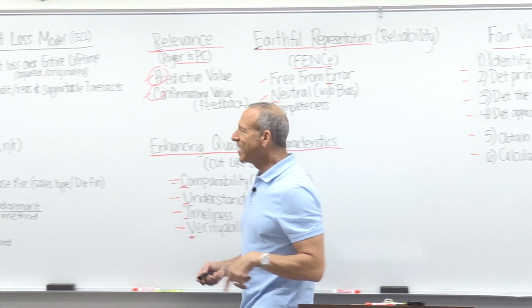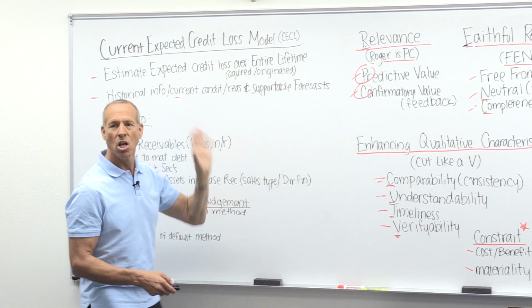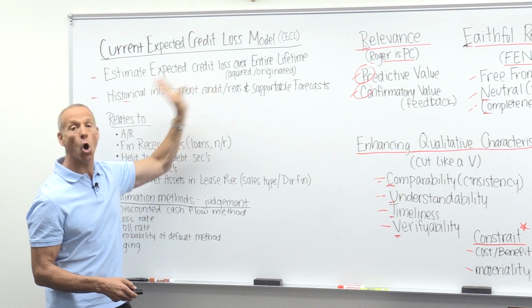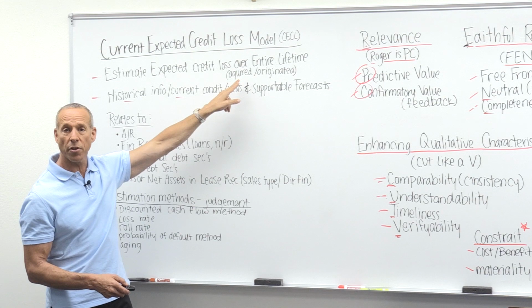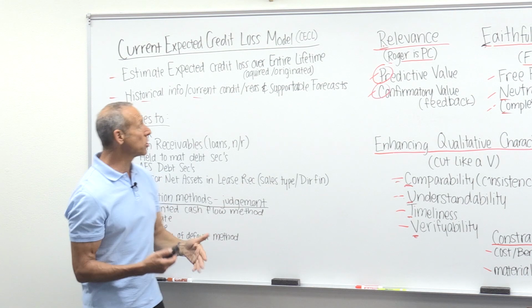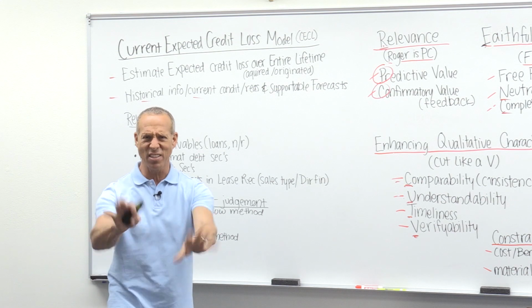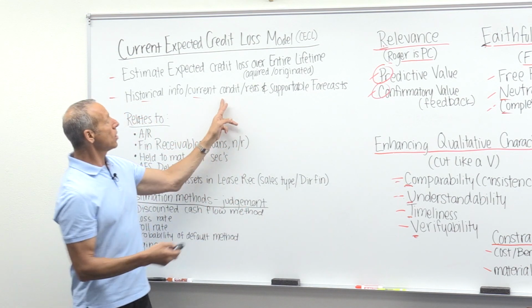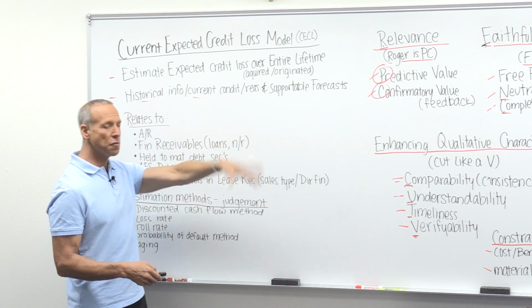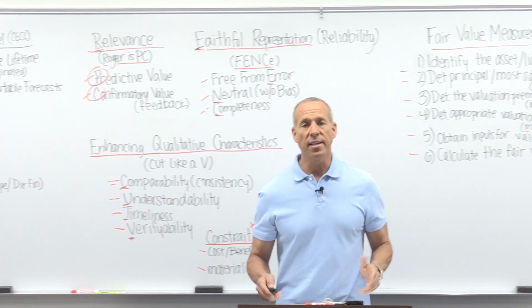So if you come on over here, we're looking at the current expected credit loss model, or CECL. So that's the current expected credit loss model. We're estimating the expected credit loss over the entire lifetime, whether when you acquire it or when it's originated. I originate the loan. I acquired it, I went out and purchased it for you. We're going to look at historical information to figure out a valuation allowance, and this is just a quick overview of where we're going to go. We're going to look at current information, but also reasonable and supportable forecasts. So looking out into the future, that's what we're going to be looking at to see if in fact it makes sense, if in fact the information is reasonable.